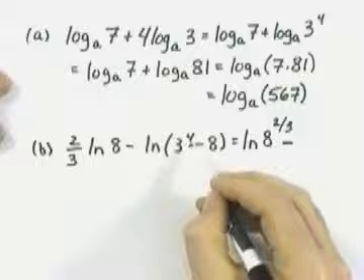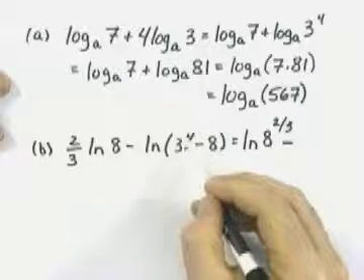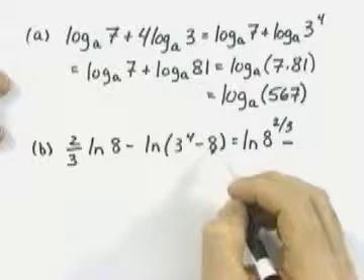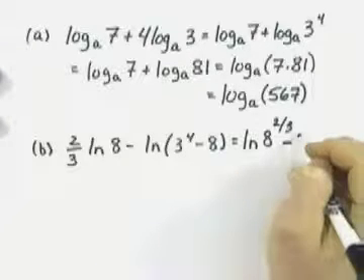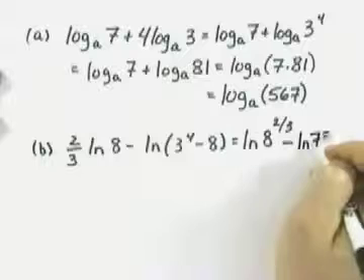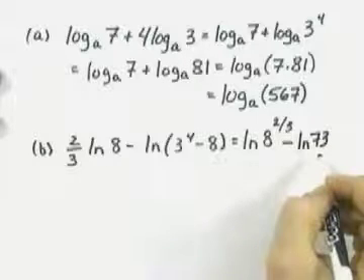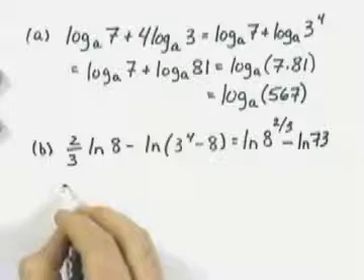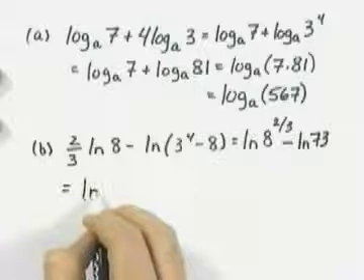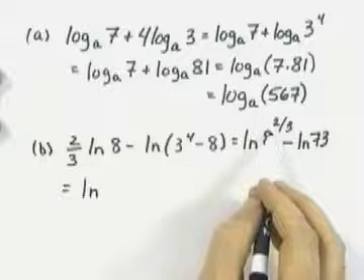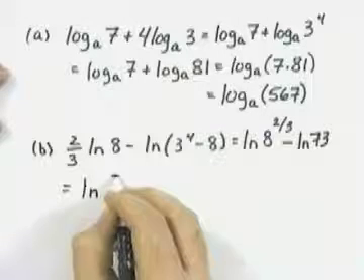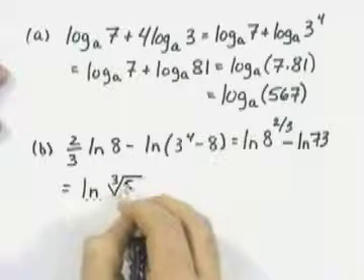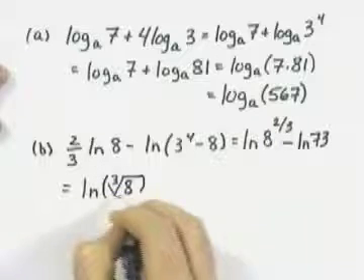3 to the 4th power we know is 81. 81 minus 8 is going to give me 73. So I have minus the natural log of 73. Now we need to deal with that rational exponent. Raising a number to the 2/3 power is equivalent to taking the cube root of that number and then squaring